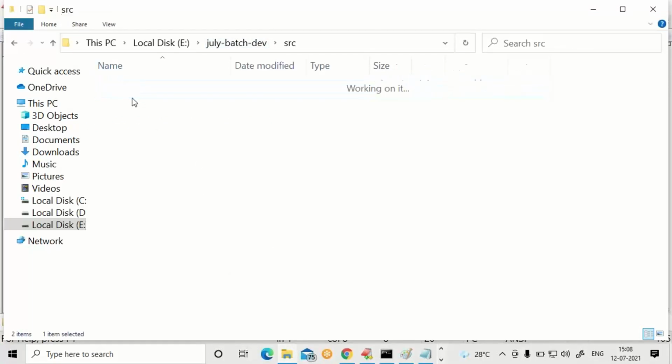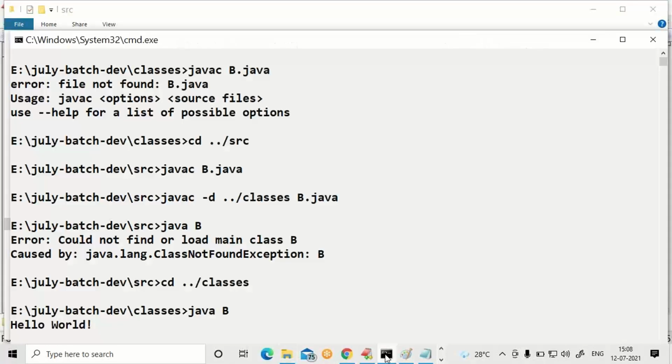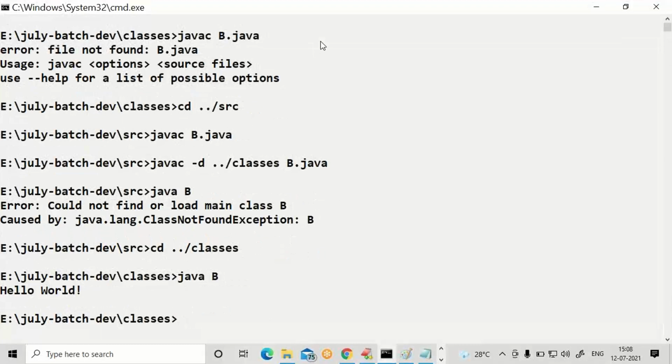In the SRC folder, totally 3 files are there: A.java, B.java, C.java. You need to trigger javac command from the SRC. Let me trigger javac space C.java.